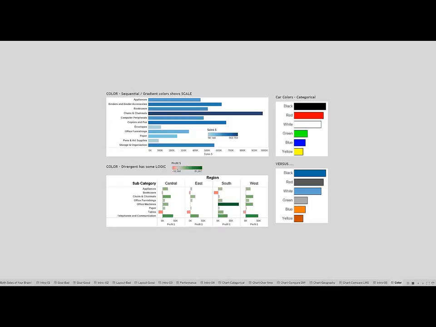Tableau does a lot of this stuff for you too. So the first one here in my dashboard, the sequential or gradient colors show scale. This is looking at my sales, both by size and color across my product subcategories. Now what Tableau does, and this is a really neat feature, is when I drag sales to color,